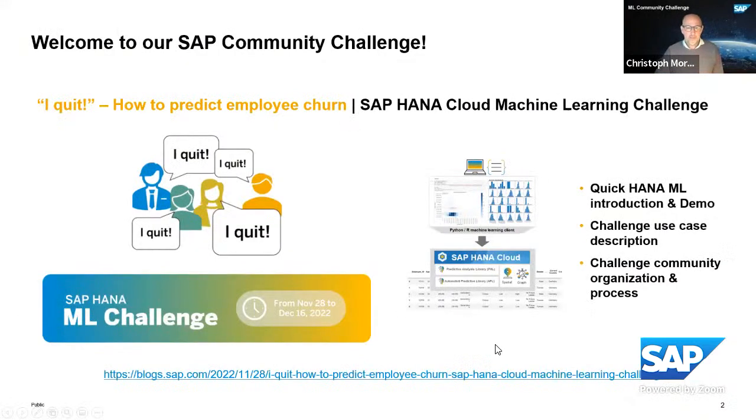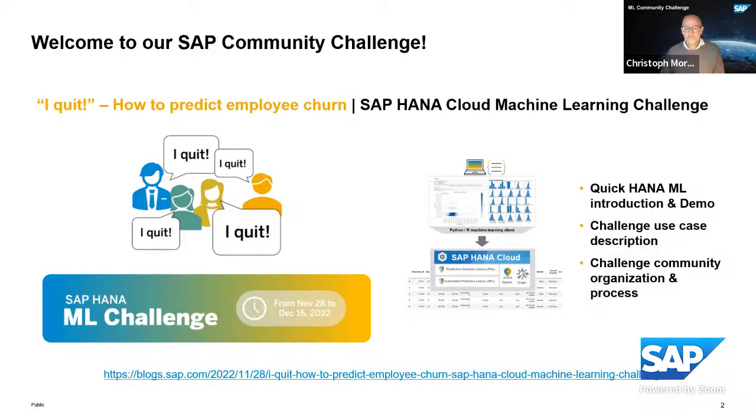And yeah, basically, as you already outlined what we want to do in the next couple of minutes, quickly, I will introduce the HANA ML capabilities and overview the topic very briefly. Then Yannick will give you a demo overview on how to make use of the HANA machine learning capabilities.